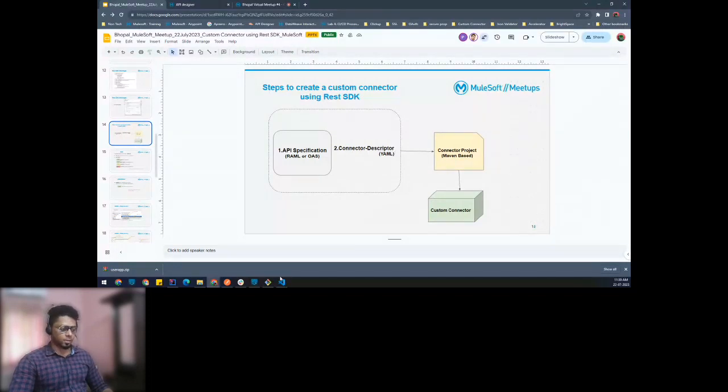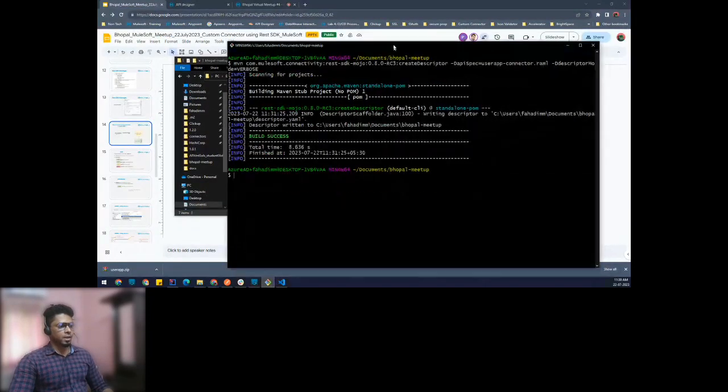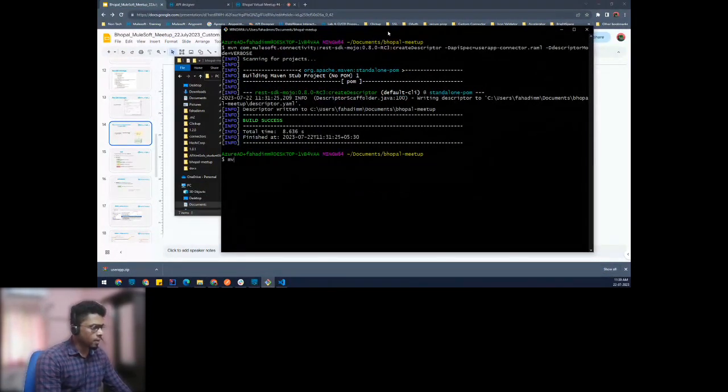For that, I need to go back to the directory where I have generated this descriptor.yaml and also customized it. Open the git bash in the same directory and run the command mvn. Okay. Here,